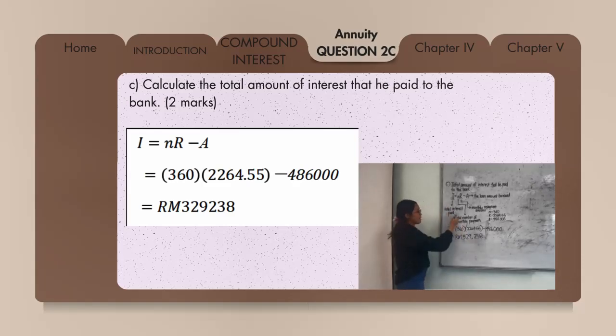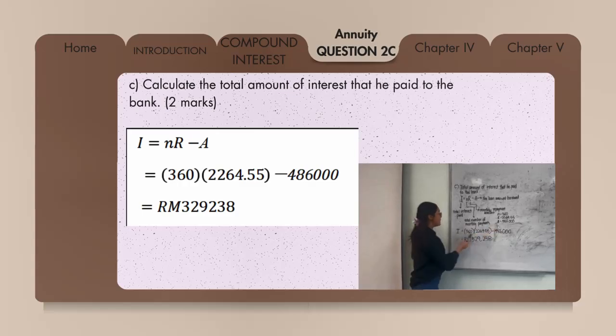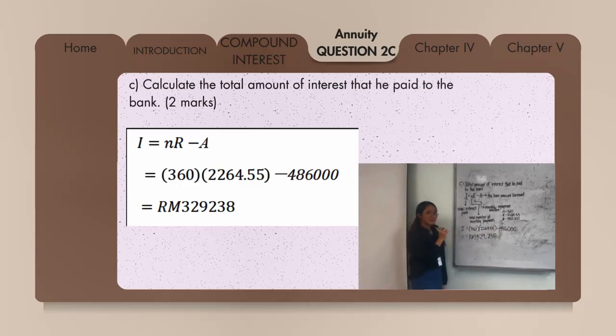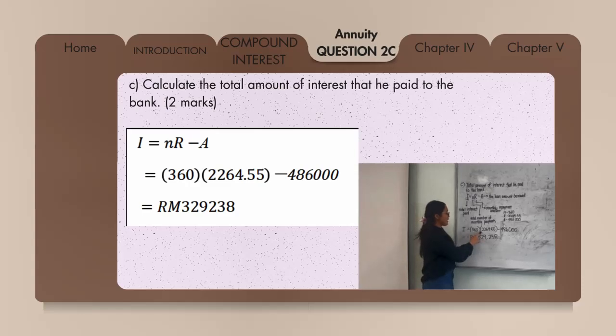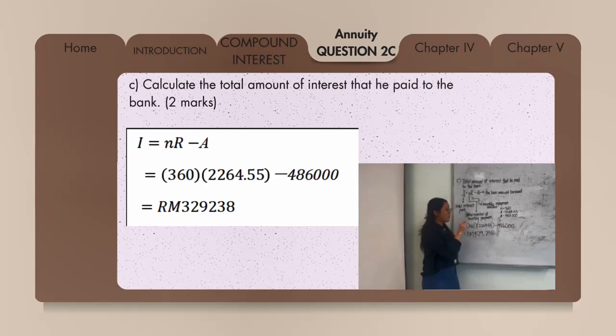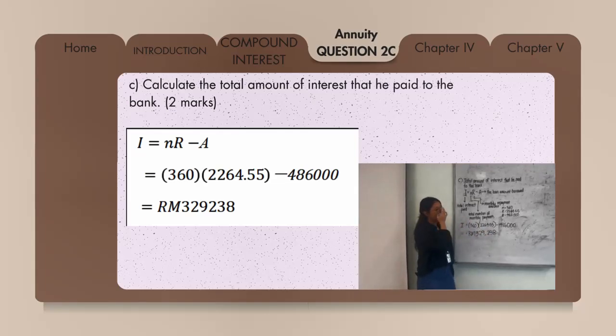Now we put the numbers in the formula. So I equals 360 multiplied by 2,364 ringgit and 55 cents minus 486,000 equals